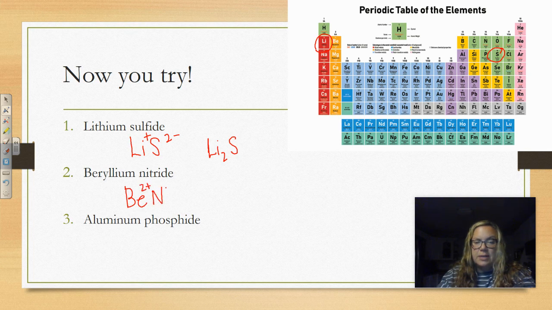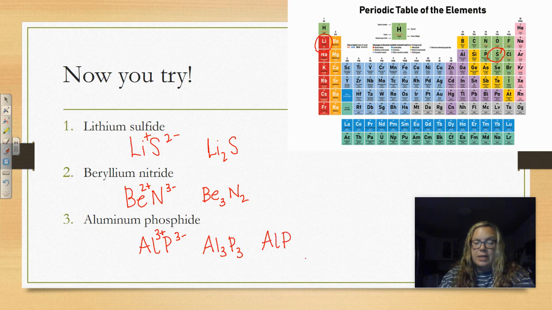Beryllium nitride, beryllium's Be, nitrogen is N. Beryllium, looking at the periodic table, is a 2+ charge. Nitrogen's a 3- charge. If we crisscross, we have Be3N2. And finally, we have aluminum phosphide, which comes from phosphorus. So aluminum on the periodic table is a 3+ charge. Phosphorus is a 3- charge. So if we crisscross, we're going to get Al3P3, which will reduce down to AlP. So again, we have to use our skills using the periodic table to find the charges, and you guys will get very used to